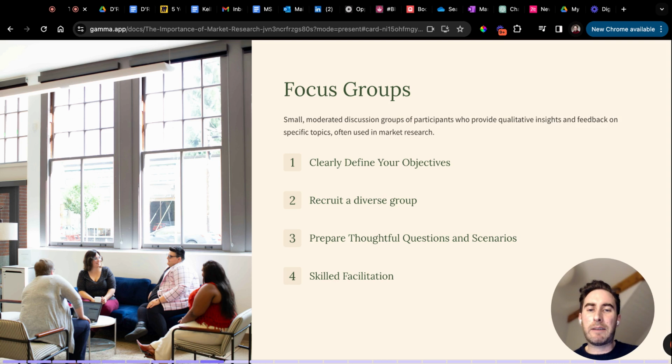The third tip we have here is prepare thoughtful questions and scenarios. As I said up above, that ties into your objectives as well. Once you know what your objective is, you'll be able to craft your questions and maybe give scenarios as well. You could say within a focus group, if you're talking about maybe a digital marketing strategy and you're trying to find out where to go in terms of social media channels, you could